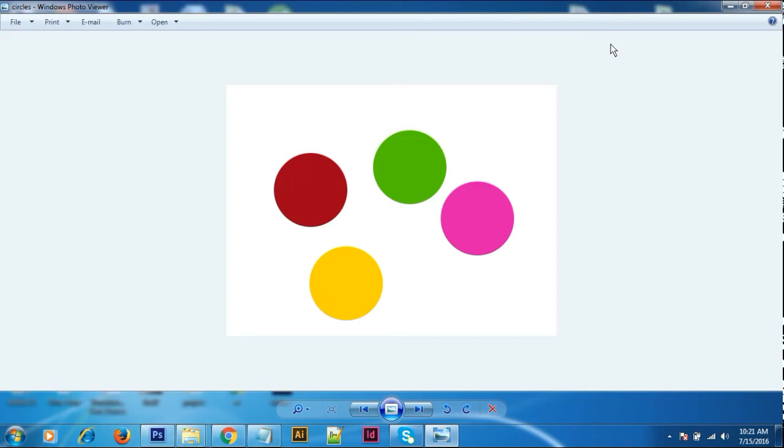Joint Photographic Experts Group. These are the circles.